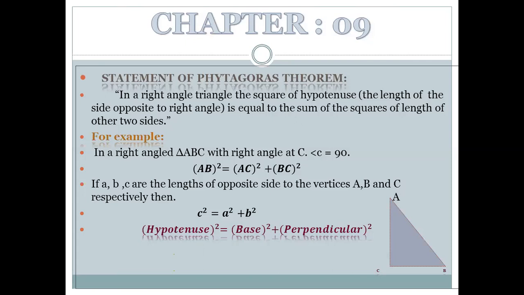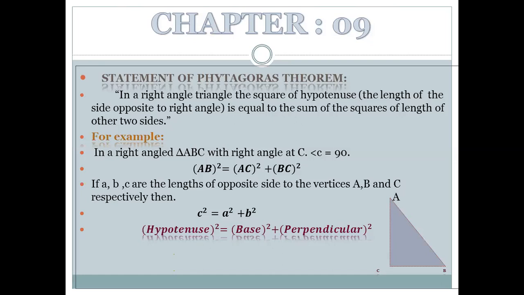In a right angle triangle, the square of hypotenuse is equal to the sum of the squares of lengths of other two sides. Everyone knows that a triangle has 3 sides. So one side is perpendicular, one is hypotenuse and the other is base. Perpendicular means the angle of 90 degree or the vertical line. Hypotenuse means the slanting height or the slide in the triangle. And base, definitely you know in every triangle there is a base.